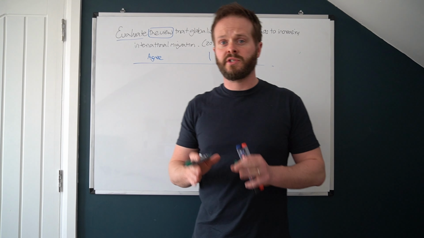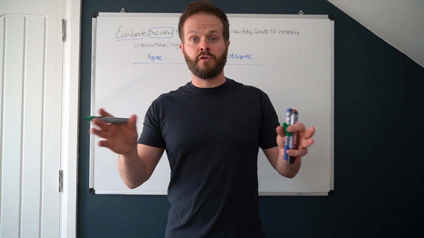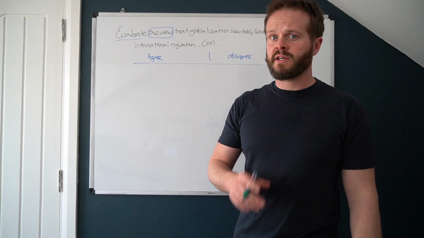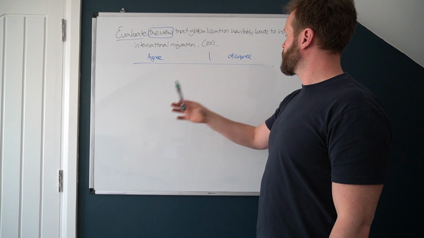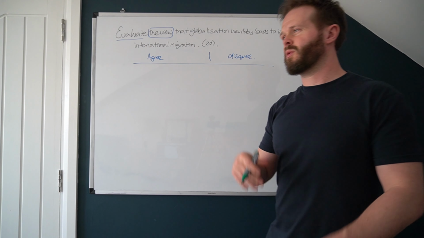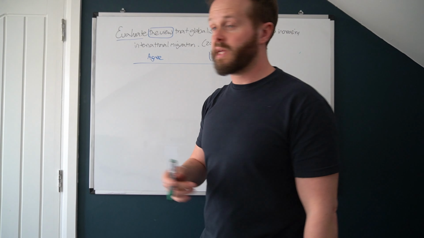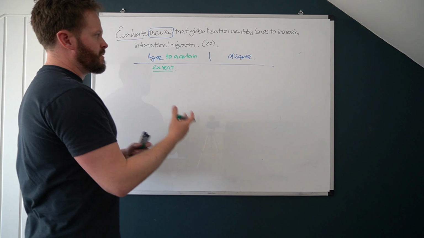Remember, evaluate questions are like being in that courtroom. We are putting a view on trial. So in that first 30 seconds, you see what I did. Put a box around that. It's the view question. I'm going to go for agreeing with the view and disagreeing with the view. But remember, we want to use evaluative language. So we want to go agree to a certain extent and then we disagree.